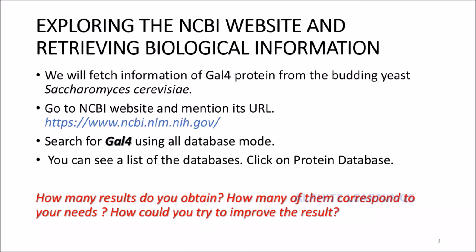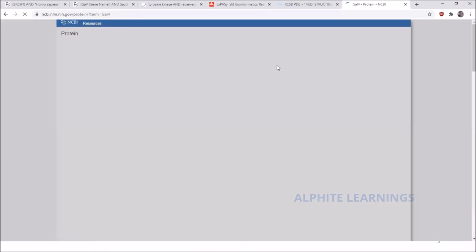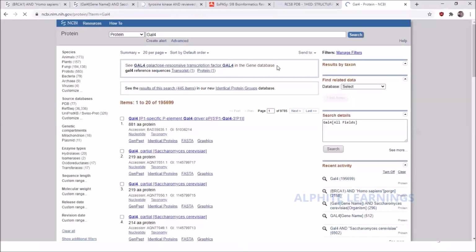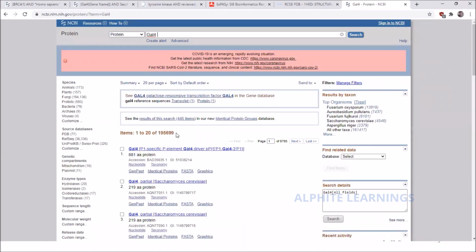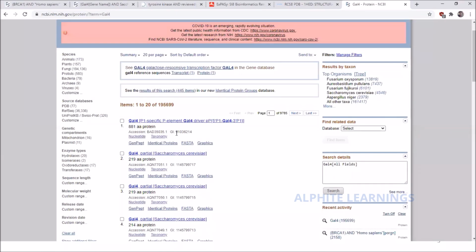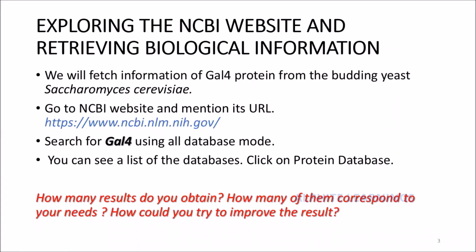So we have got the list of databases. Now we will proceed with the protein database, and here you get the numbers. The question that comes here is: how many results have we obtained? We obtained around